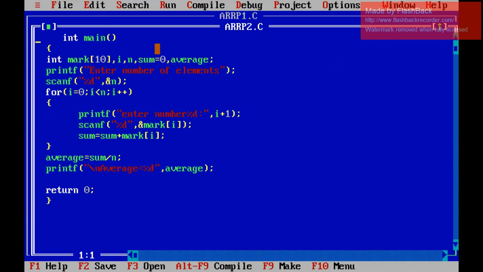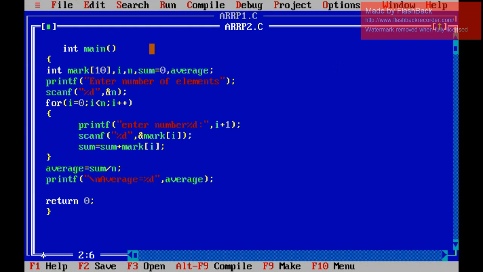So the first line is include stdio.h. This is the header file for the printf and scanf statements. Then int main. Then accepting the number of elements, and mark[10] is the array. Sum and average for storing the sum and average value.